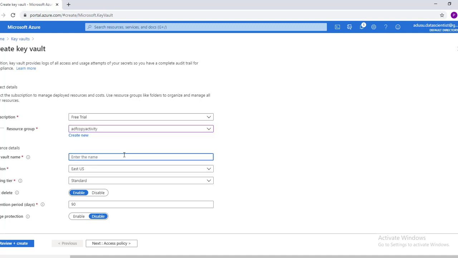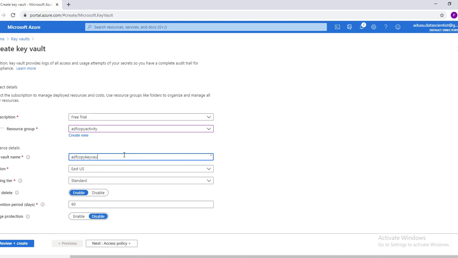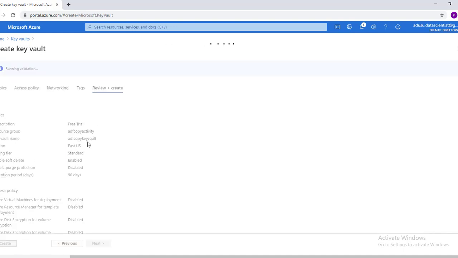We will give some name to the key vault. This is the name and region. Click on review and create, then click on create.